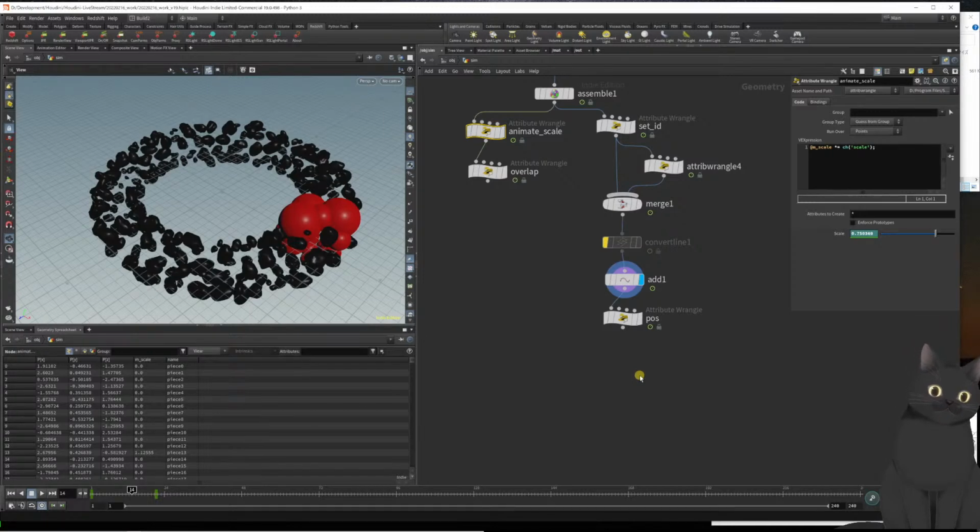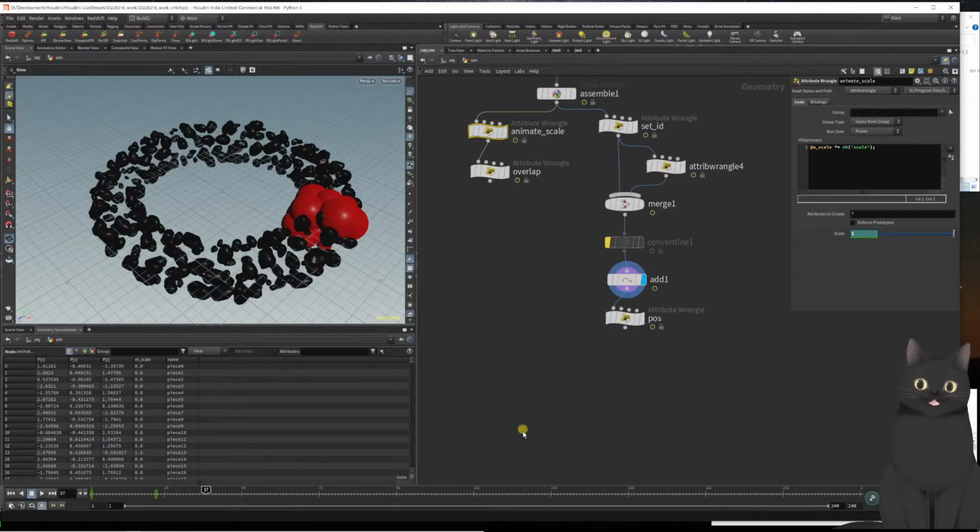That variable to be 1. Now let's set up constraints, and you see they kind of grow, and then you plug that into another attribute wrangle, and you set the found overlap variable to be 1. Now let's set up constraints. From the assemble tab, we